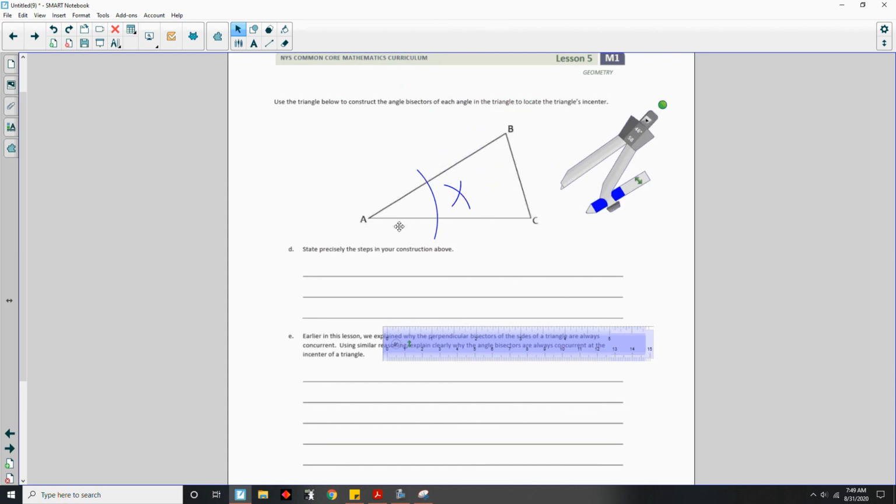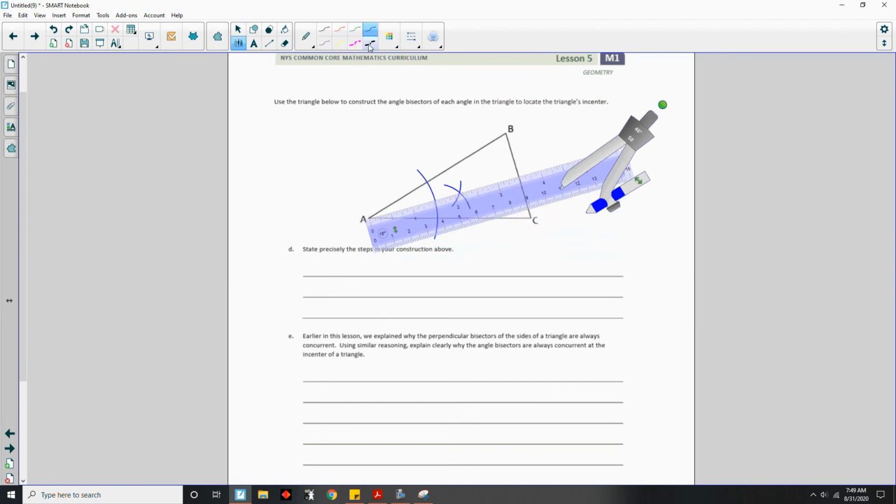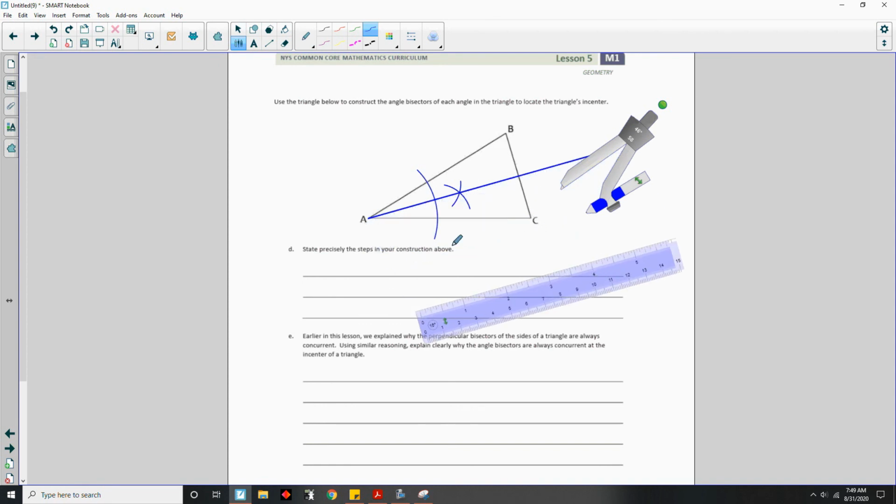So there it is, and then I take my ruler, let me put it right at 0 so I can rotate it up to my intersection point, draw a segment through, there's my angle bisector. So if angle A was 40 degrees, this angle I just formed below here is 20, and this angle up here is 20, two congruent angles. I'm going to leave all of my marks while I do this. I'm just going to change colors for each